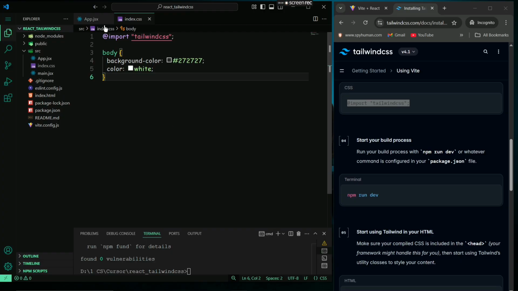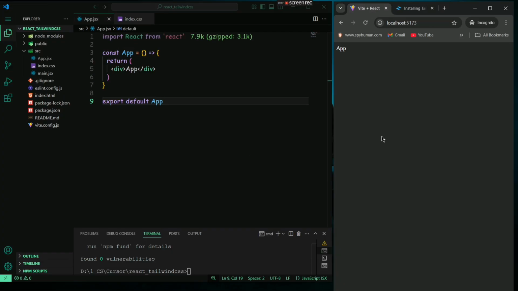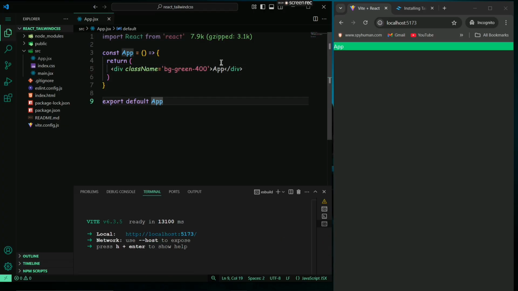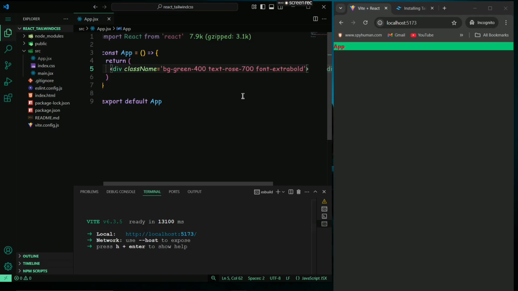Then we have to rerun the project, because we have updated the vite.config.js file. Once you rerun, then you can apply Tailwind CSS. So here I am applying. You can see that I can now apply Tailwind CSS to my project. I can give other properties. So you can see that all the updates are